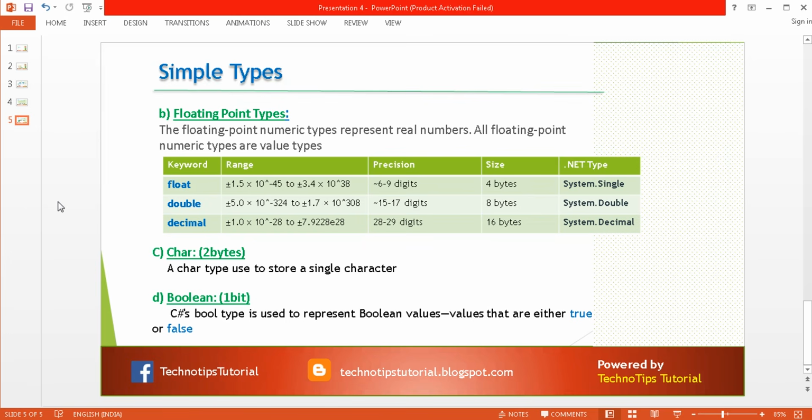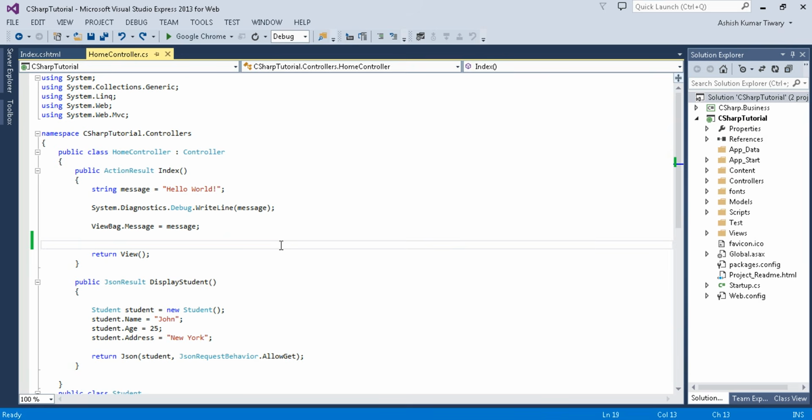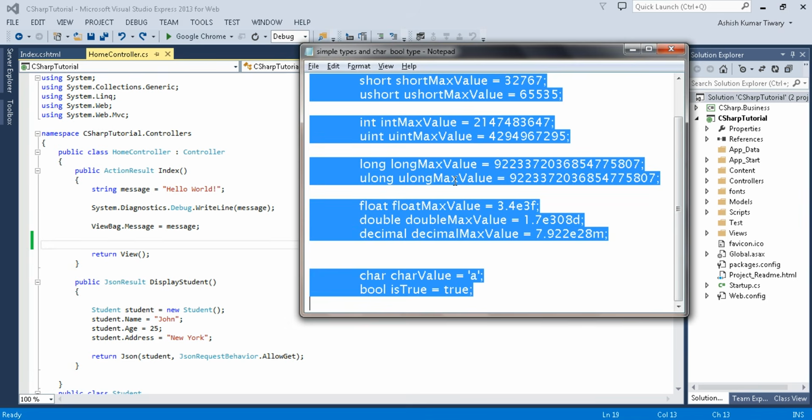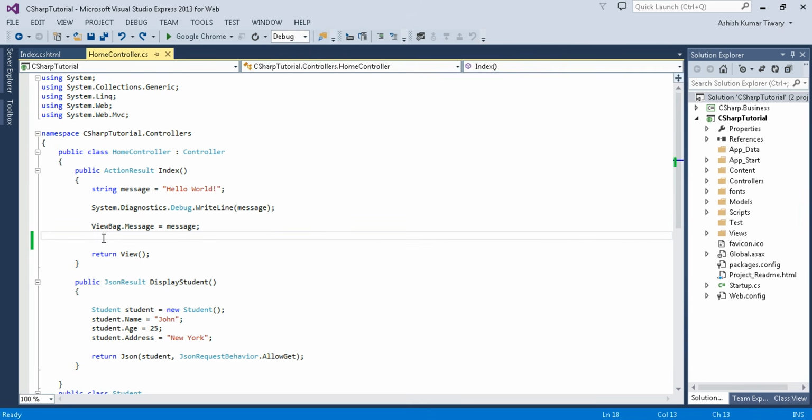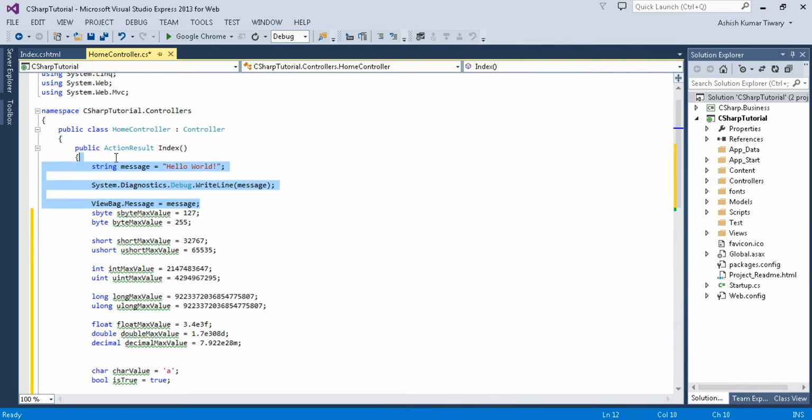Okay, and now we will see the example in C#. Here we will see the example of all simple types. First let me copy all types from this notepad and paste it here, and let me comment the previous section.